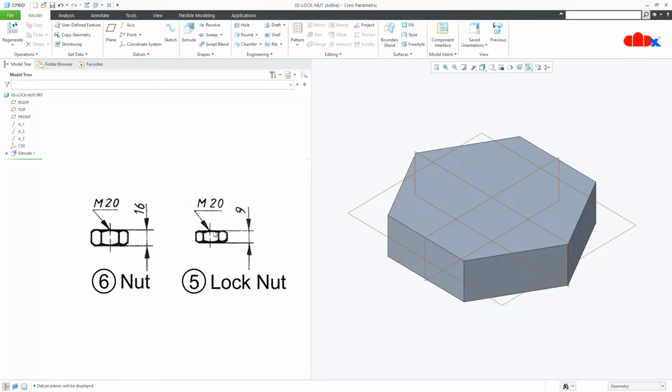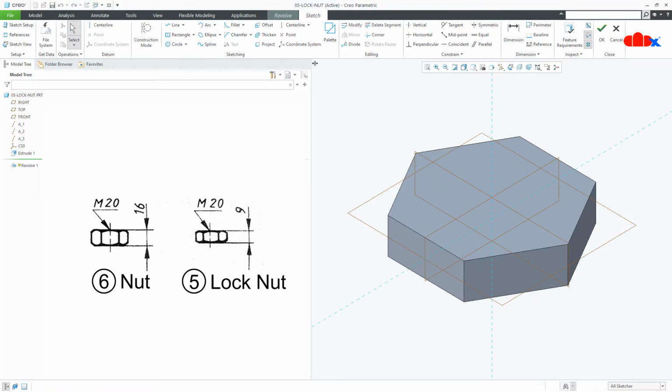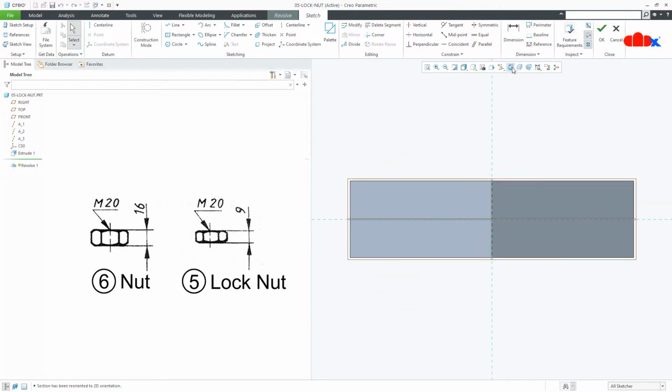Now if you see the top edge and the bottom edge, there is a chamfer. So to add this chamfer, you just select a datum plane which has two parallel faces, this face and this side face. Don't select this datum plane, this does not have any side face. So select this datum plane and go for revolve, normal, switch off the datum plane. Now draw the sketch, just like this.